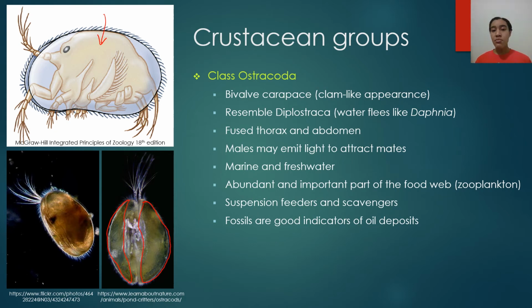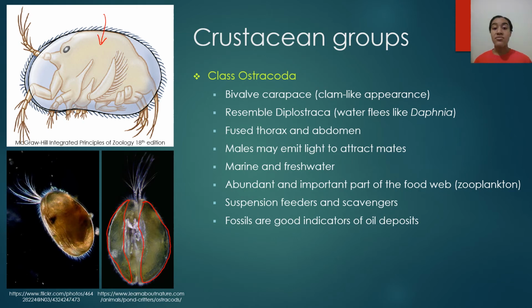And they're very important in both of these environments, and they're very abundant because they make up a fundamental level of the food web in these aquatic environments. So they are a form of zooplankton, as some people call them. You'll hear me say that term a lot over the next couple of slides because the zooplankton are primary consumers, and they're also a major food source for a variety of other organisms. So the health of the zooplankton in an aquatic environment is a really good indicator of the success of that